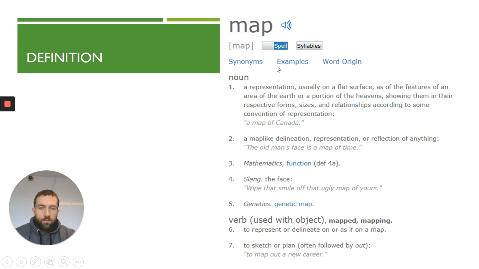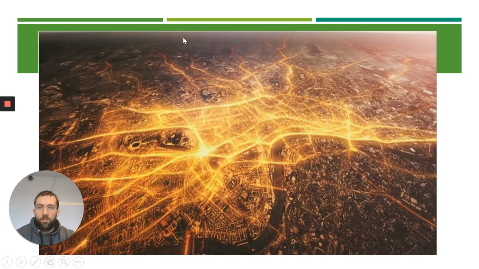Alright, so the definition of a map. The top one is what we're going to focus on. There is the slang, but we're not talking about slang maps here, we're talking about OS maps and geography. So here's a map,